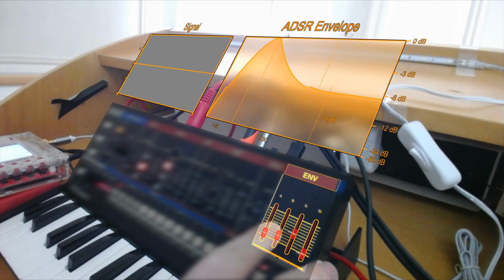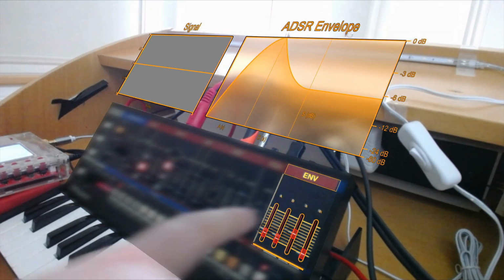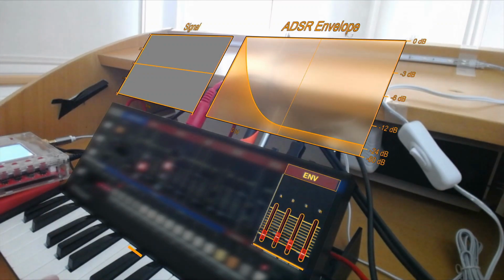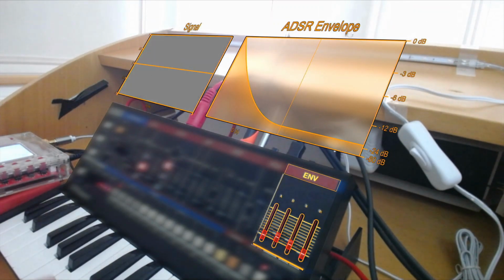So let's put it like this. Let's just forget about the attack for a bit, okay? It will start all the way to the top, but it will decrease to a certain lower level. Don't really hear that, but if you make it more drastic, even more drastic, hear that at the beginning? That's because it starts all the way to the top and then decreases. That's that. And if you make it longer, you know,